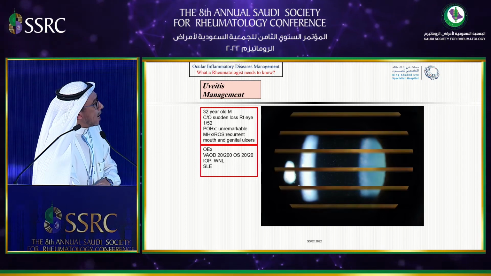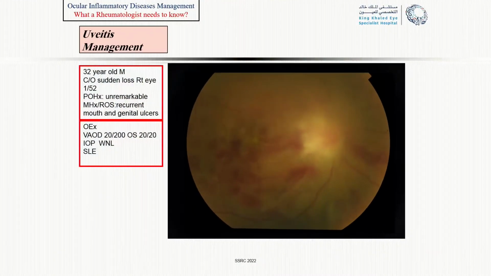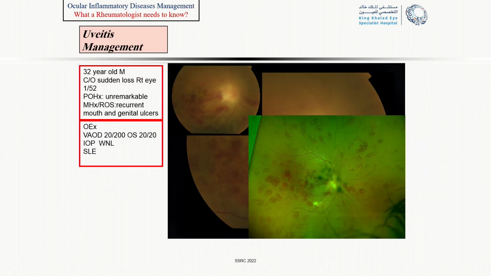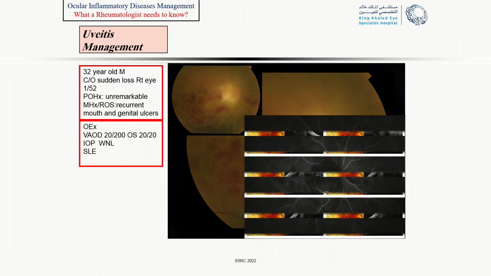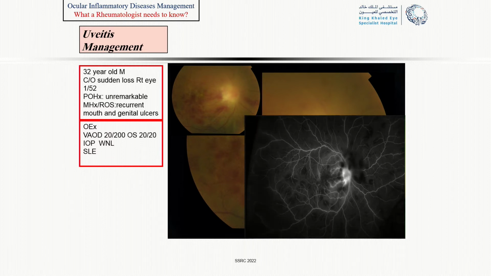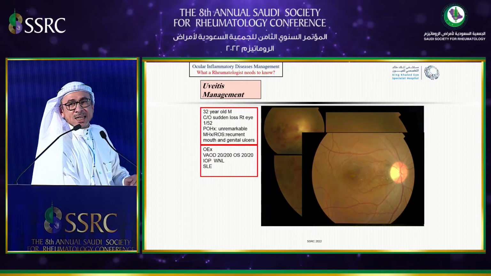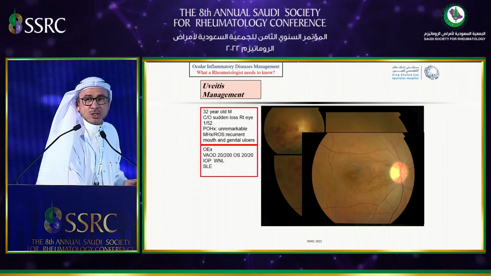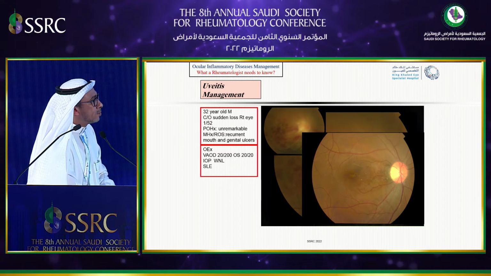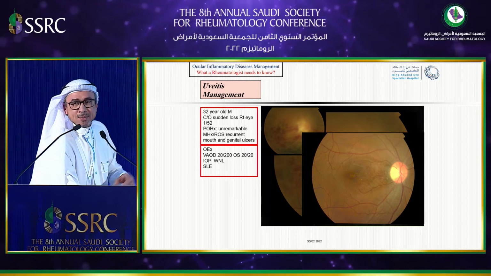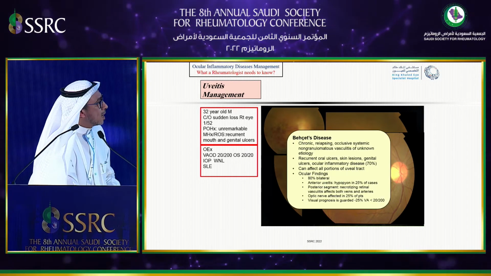This patient is a case that presented with sudden loss of vision, and when you look for him, he's having neuroretinitis, having vasculitis, and even occlusive vasculitis. This is wide field for the same patient, and you can see clearly the signs of vasculitis, of cuffing, and leaking from the blood vessels. We added OCT and fluorescein angiography, and clearly we can see staining and leakage from the retinal blood vessels. And after treatment with immunosuppressive medication, including intravenous methylprednisolone and CellCept, and even adding for him infliximab, the patient recovered, and we were able to preserve his vision.